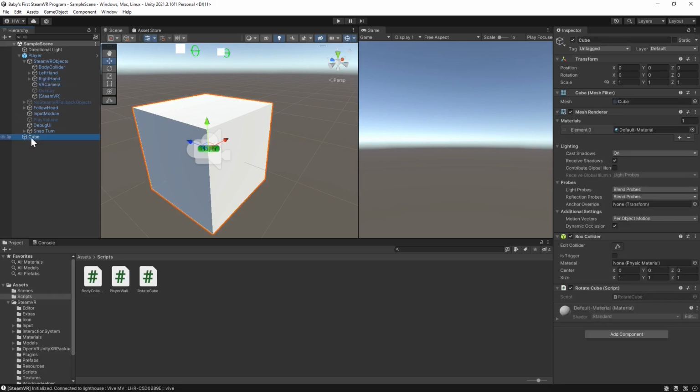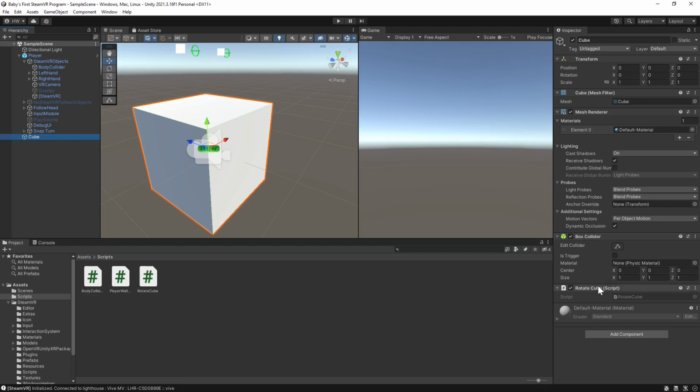Look again at the cube. This has 6 components. All game objects have a transform component. It defines the position and rotation of the game object relative to its parent. There is a mesh, which is basically the shape of the object, a renderer, which is how to draw the object, a collider, which is used to detect collisions with other objects, and is often a simpler version of the mesh,